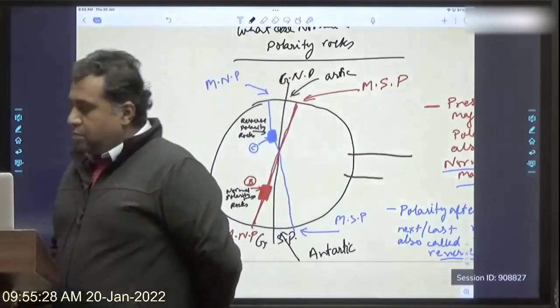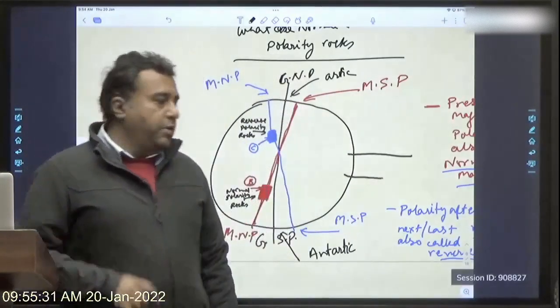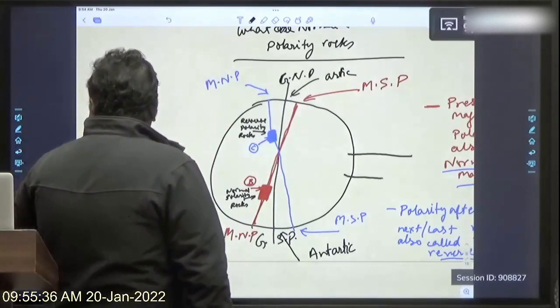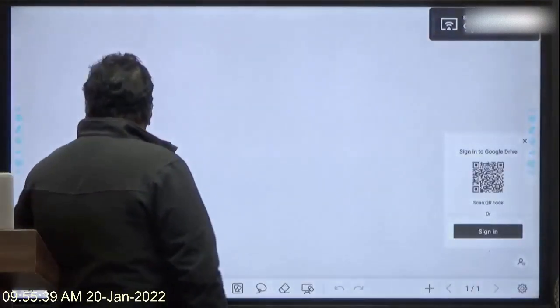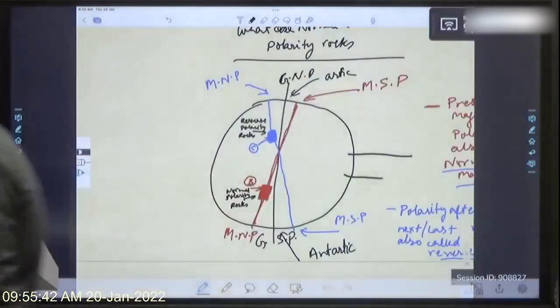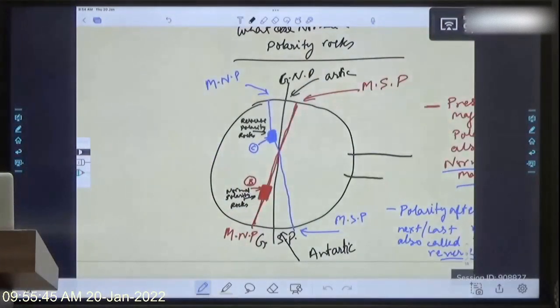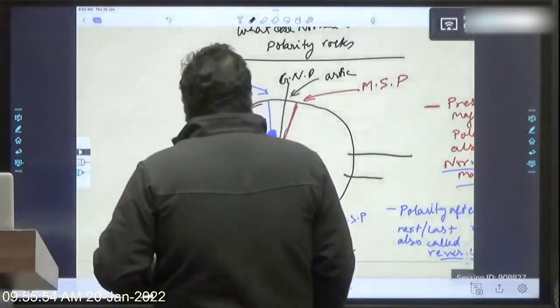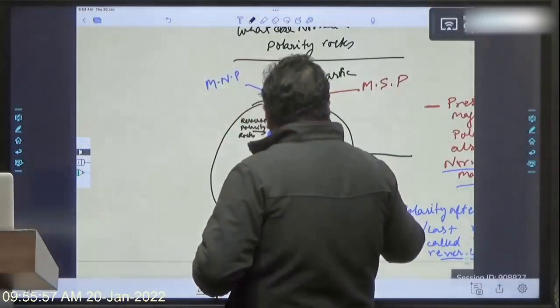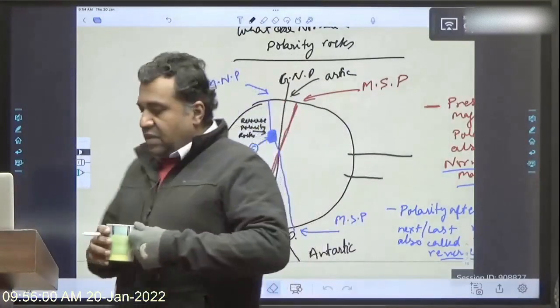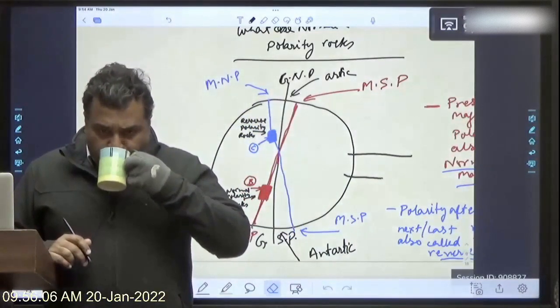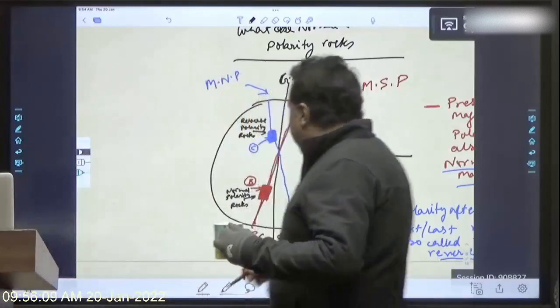tend to align themselves as per the polarity of that time. For example,